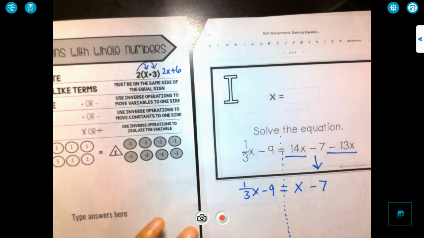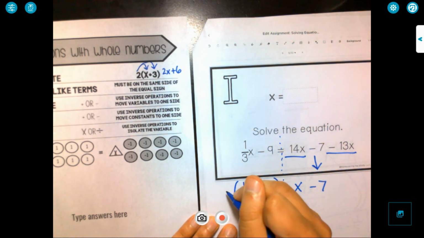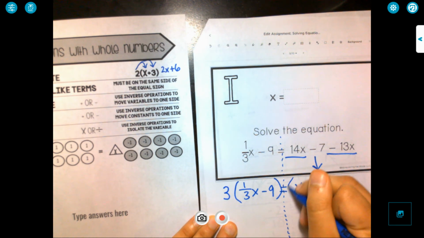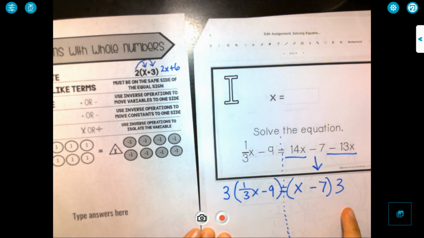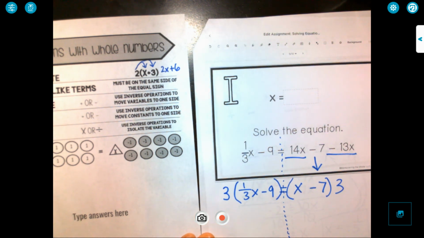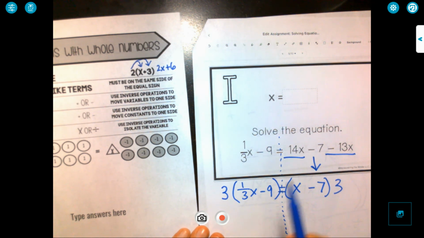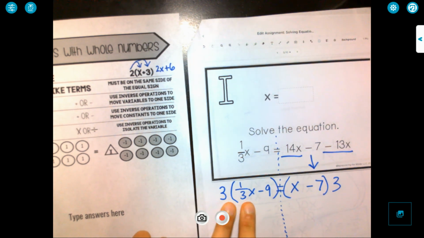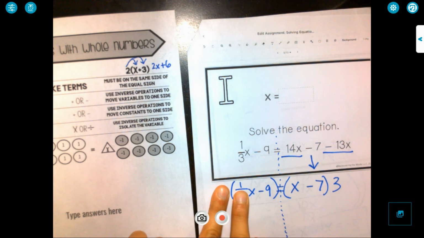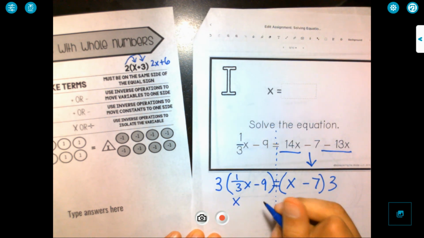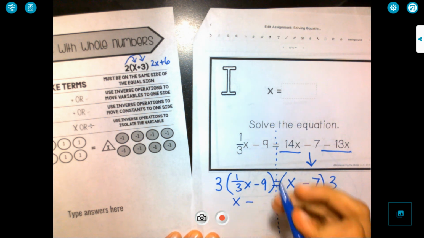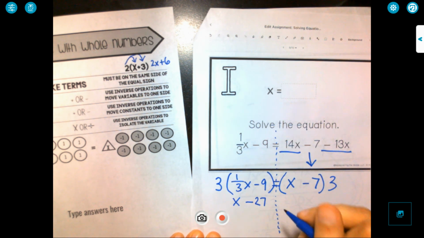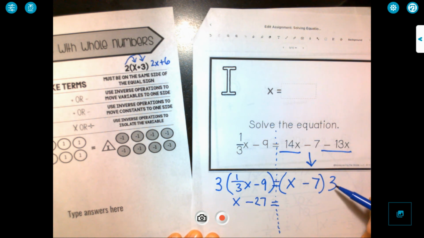So to do that, we're going to have to create parentheses for multiplication. So I'm going to multiply the denominator, which is 3, by both sides of the equation. So now we have parentheses, so now we're going to have to go back to distribute. All right, so 3 times 1/3 is just equal to 1. So the way it works is when you multiply the denominator by itself, you're just left with the numerator. So we would get 1x, or just x. Minus 3 times 9, which is 27, minus 27, is equal to, so now we're distributing this 3 to each